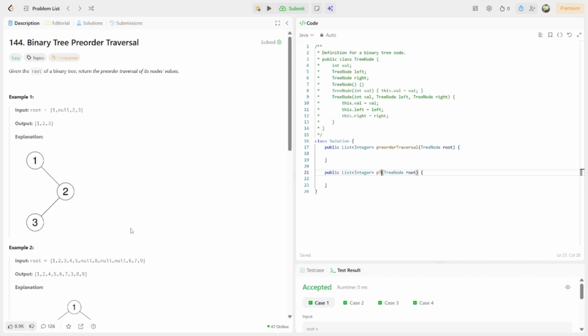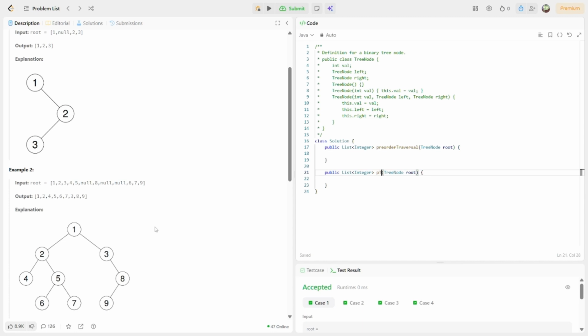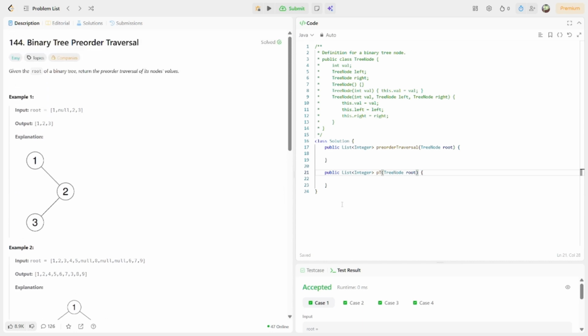We're going to go to 2, and we're going to go to 3, and so on and so on. So it's going to be similar in example 2, and let's get straight into code. So we want to return a list of integers. However, in